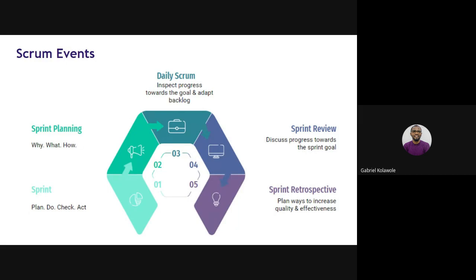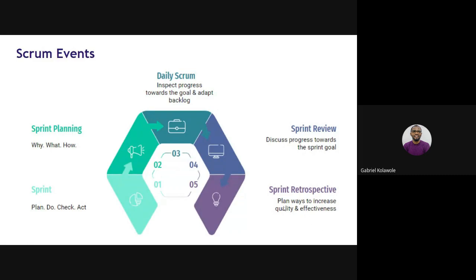While we achieved the goal, we noticed that this should be the next direction of where we should go as regards the particular product that we are building. And here you talk about the sprint retrospective, which is the last or final phase. That's the last event that closes what we call the Scrum events.